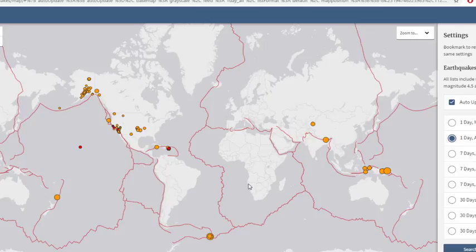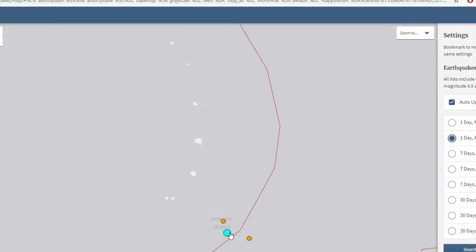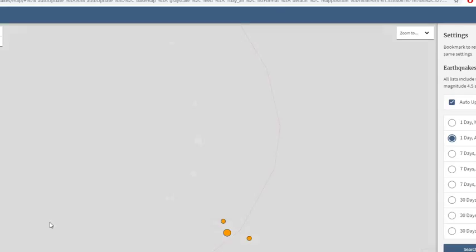Today is Sunday, February 9th, 2020. Sorry, I kind of got ahead of myself there. So we had a 6.1 in the Southern Atlantic today. Not sure what type of quake this was, but most likely it was a thrust 6.1 because this is along